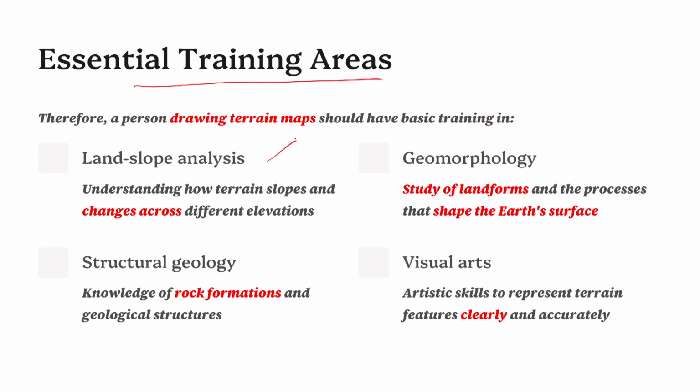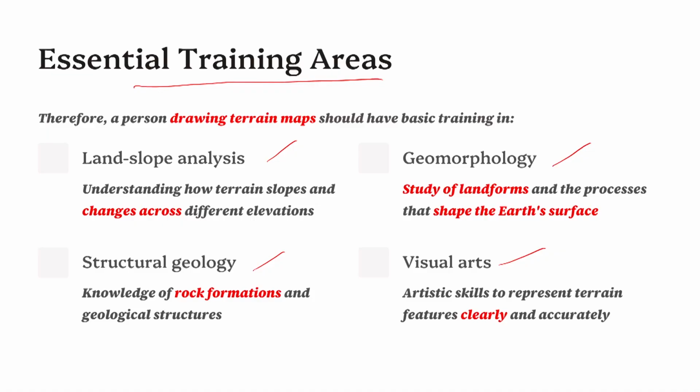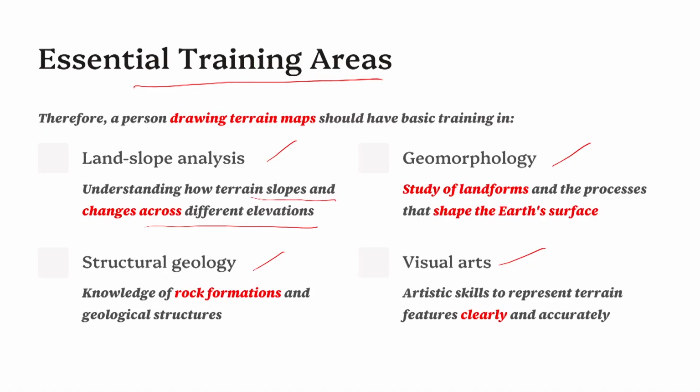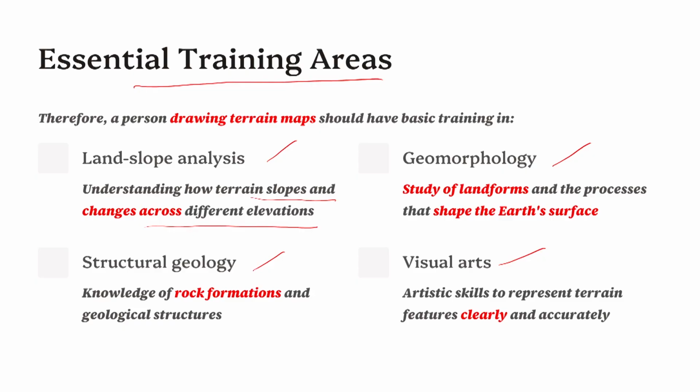Then the essential training areas. If we want to make a map, we need skill in land slope analysis, geomorphological ideas, structural geology and visual arts. We are discussing each one. Land slope analysis: you know that land is not completely plain; there are mountains, plains, plateaus, and it is undulated. So, we want to understand how terrain slope changes across different elevations: where the plain is, where the mountain is, where the plateau is, what the coastal area is, what the forest area is. Whether an area has a gentle, steep or moderate slope, this kind of information